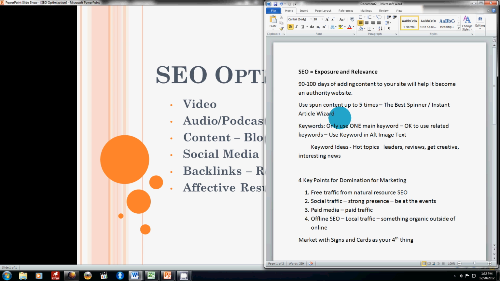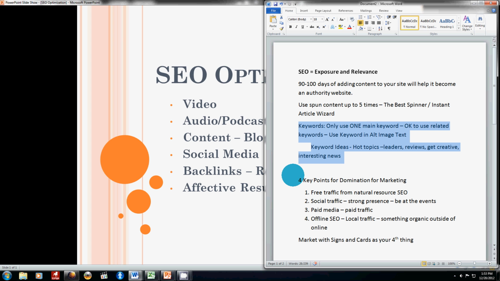Okay, so keywords, very important. Keywords are what drive the SEO. Now, I kind of messed up on this, and I'll show you here in a minute. We're going to go to my blog, and I'll show you a little bit about SEO optimization there. I was putting like 30 keywords. I was going to Google AdWords or the Keyword Tool and doing my research, and I know how to do all that, but